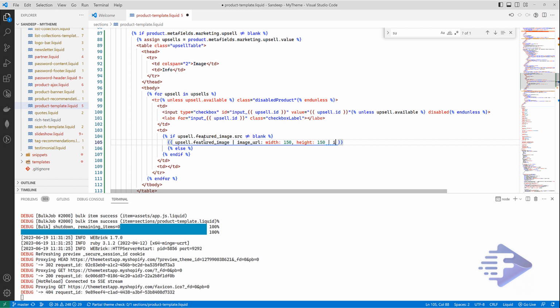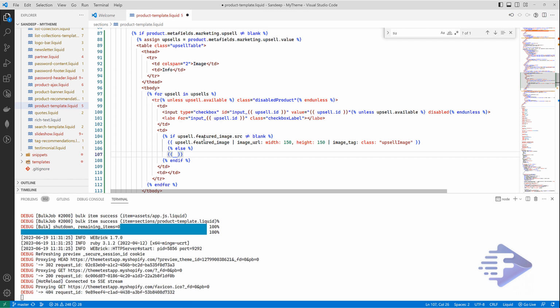Then we will have image tag, and then class. For class, we are going to say upsell image. Same with,